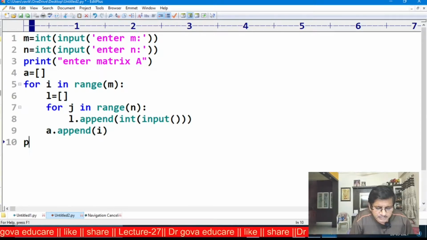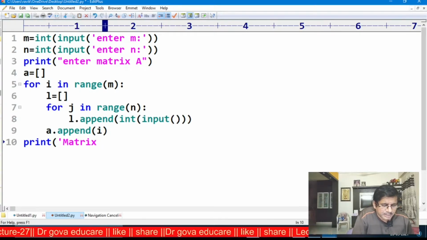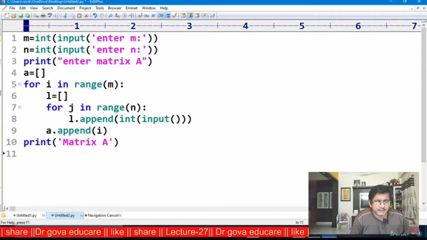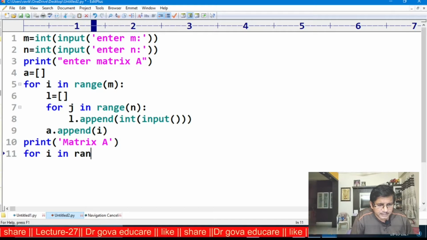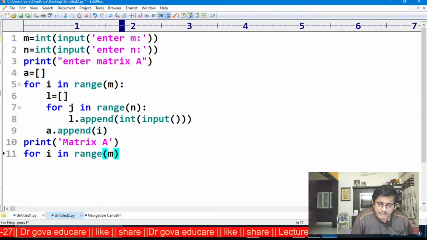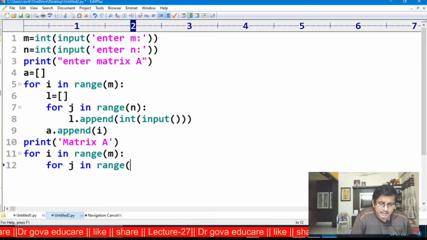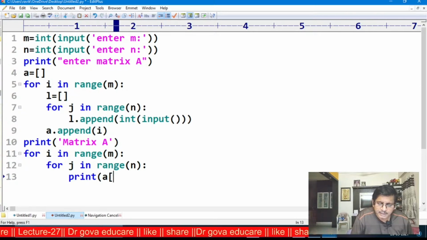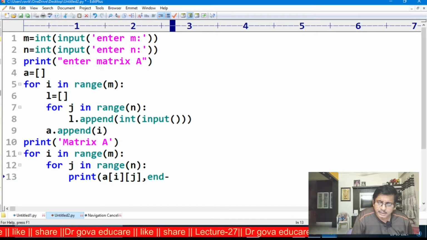Now I want to print the matrix A: for I in range M, for J in range N, print A[I][J], comma, end equal to some space.